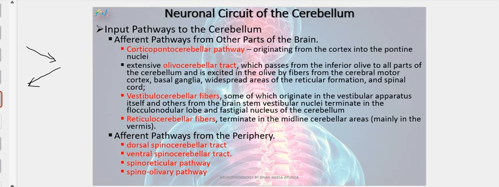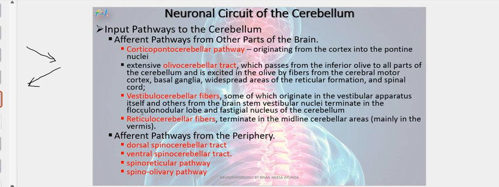So we can also get signals from the vestibular part. Remember, the medulla oblongata also has the vestibular nuclei. So we can have signals from the vestibular nuclei. These are normally regarded as the vestibulocerebellar fibers, some of which originate from the vestibular apparatus itself. The vestibular apparatus is in the inner ear, and others come from the brainstem, the vestibular nuclei, which will eventually terminate in the